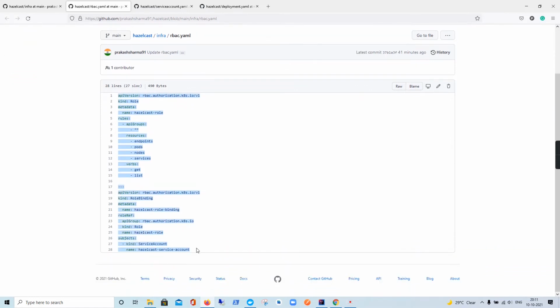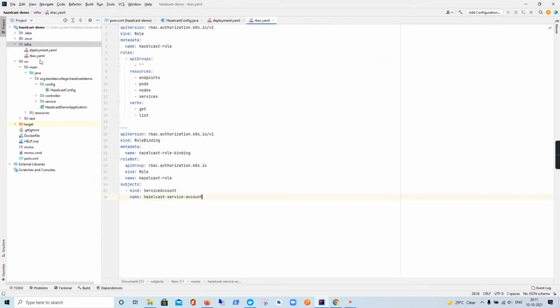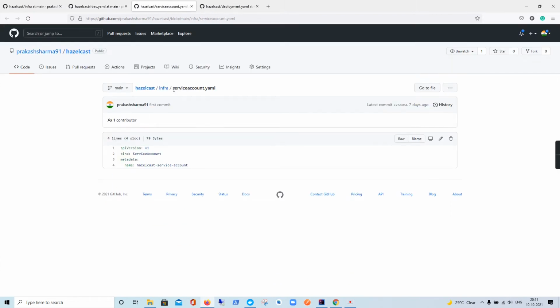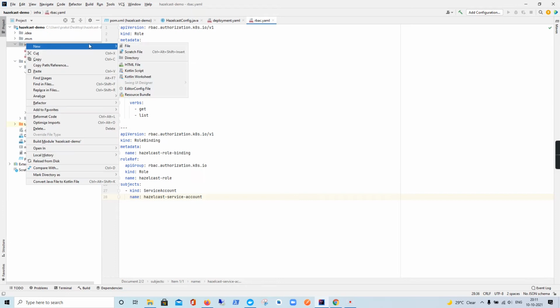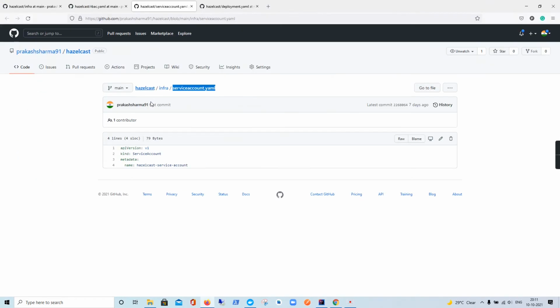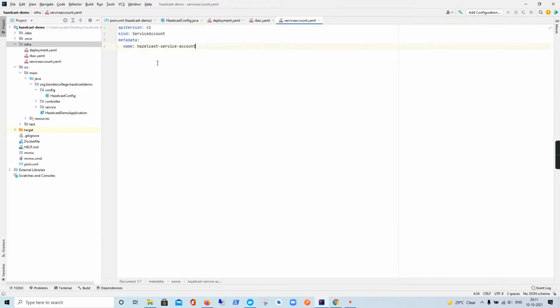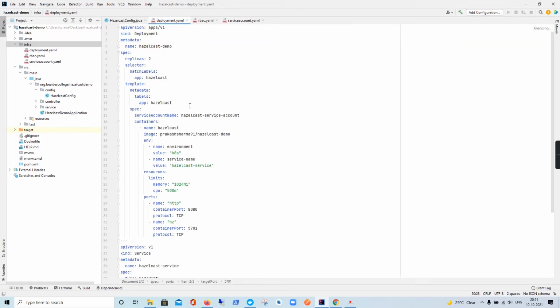So I'm going to copy this entire thing again. This is done. And the third file which we want to copy is basically the service account. Yes, so we have copied the deployment related files. We are done with the deployment related changes.